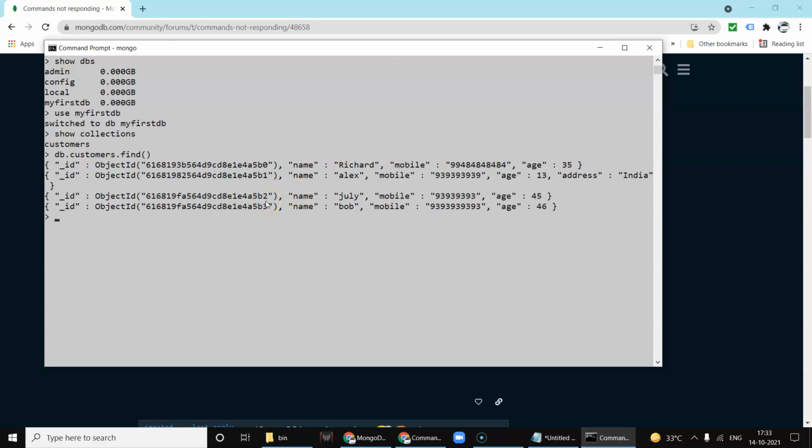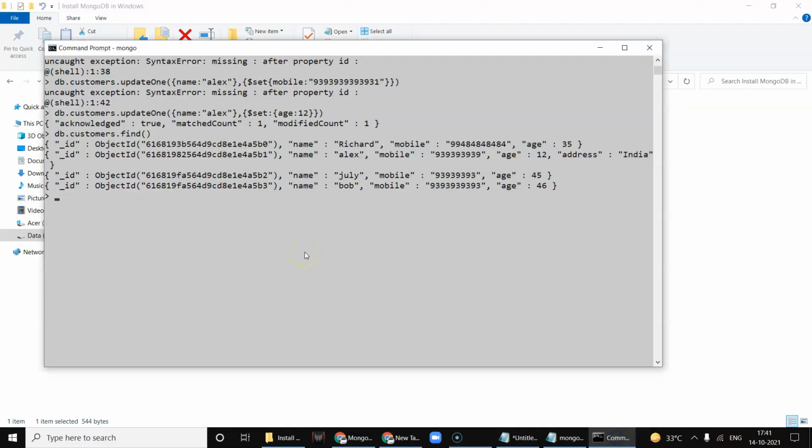Now let's update a record. Let's update Bob's age, which is currently 46. Let's make him younger. Let's make him 30. So in order to update, the command is db.customers.update, open close brackets, open curly brackets, close curly brackets, pass in the matching record that needs to be matched, that is Bob.